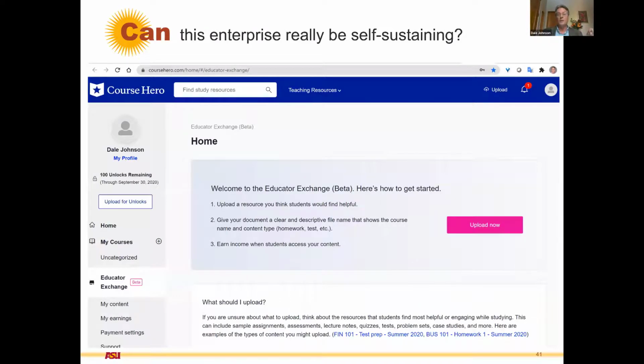And another one recently launched, Course Hero. Course Hero is going to provide a marketplace for the faculty to share their content and for students to buy it. And this is going to be a disintermediation in the market, right? We're going to see that you don't need a textbook publisher any longer if you can directly sell to students. Or the publishing model will change dramatically in order to enable this kind of relationship.